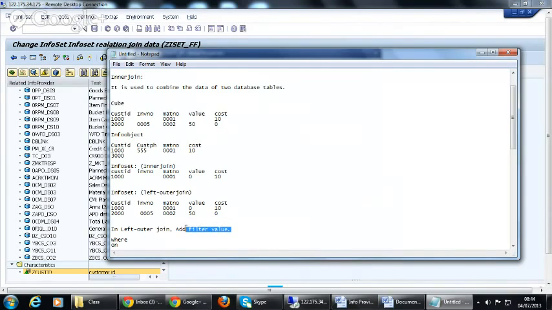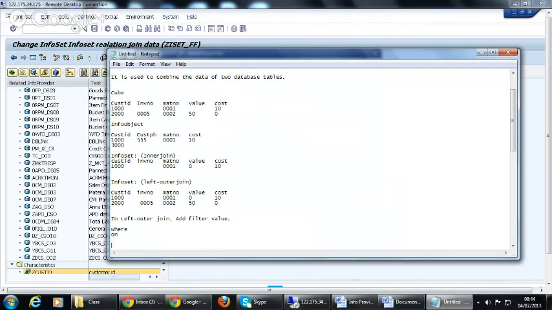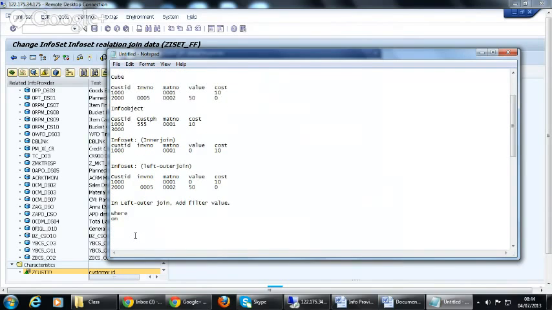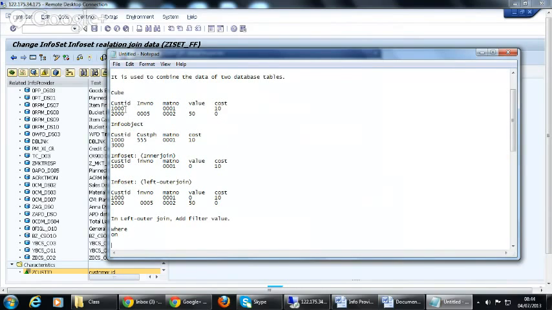So there is a filter value, as we have seen in queries, right? That option is there in the analytical engine itself. Other than that, there is an on condition, which we can use for the value. When you have the on condition and you have given 1,000, it will take 1,000, and it will not display the empty ones.